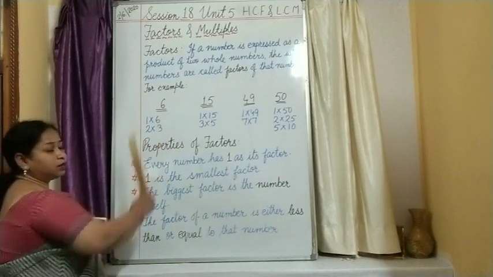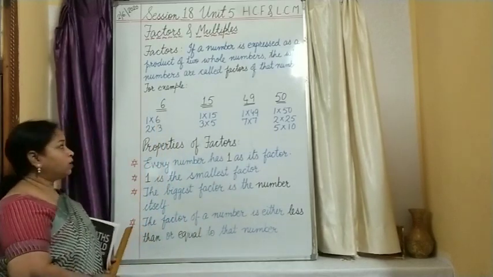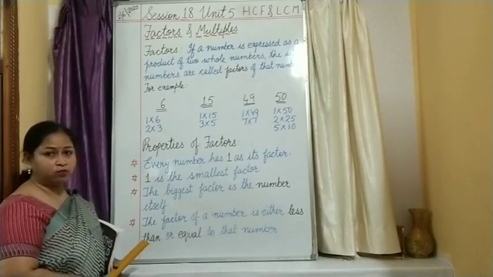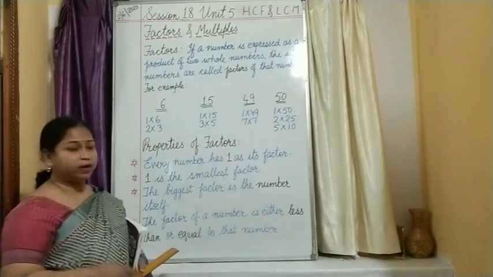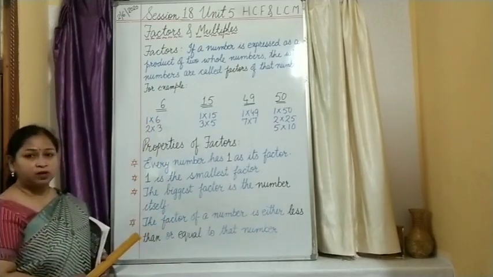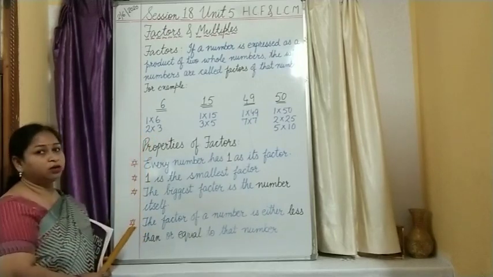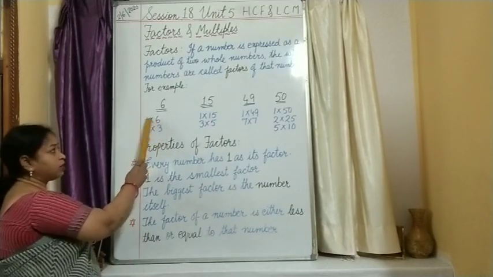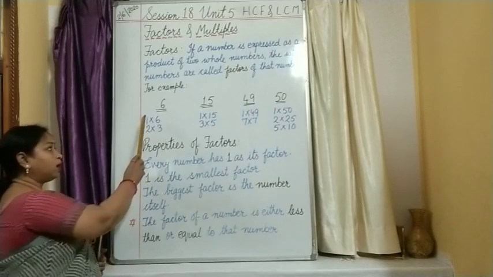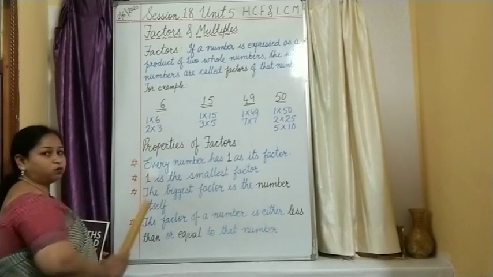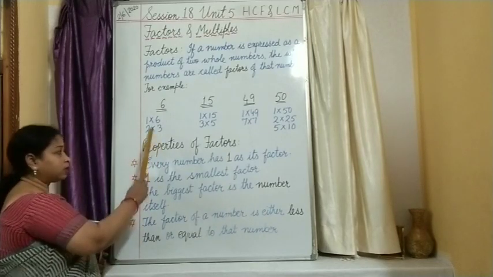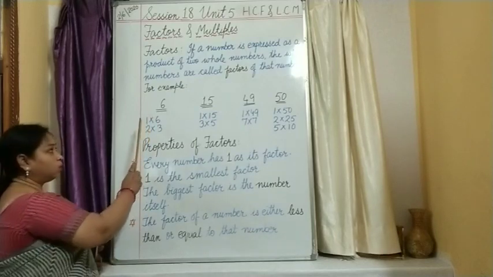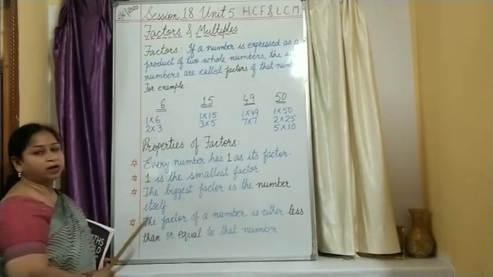For example, let us look at 6. Now you have to find out how you get the number 6 as a product. Which are the numbers that, when you multiply them, you get 6? 1 multiplied by 6, what will you get? 6, isn't it? 2 multiplied by 3, you will get 6. Any other number? 3 multiplied by 2, vice versa. 6 multiplied by 1. So, children, here 1 and 6 are the factors of 6, or you can also say 2 and 3 are the factors of 6. So, in total 1, 2, 3, 6 are the factors of 6.